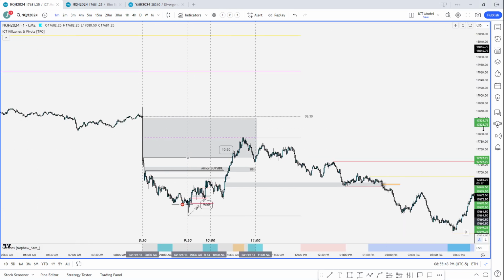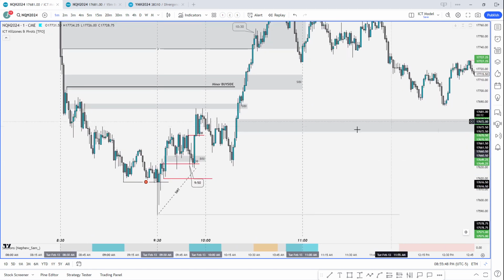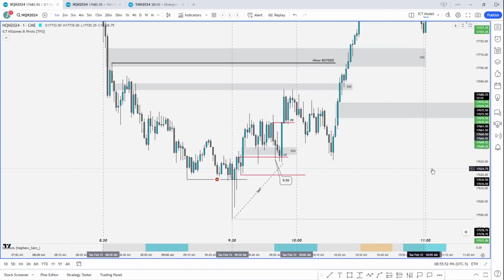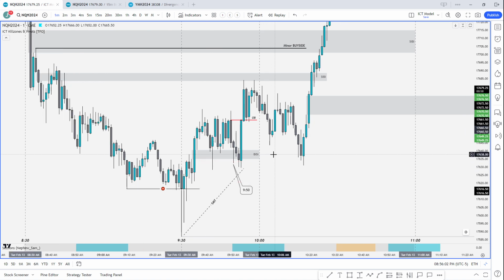But anyways, using order blocks in tandem with fair value gaps is typically my favorite method. Obviously, it doesn't have to be a 1 minute order block. It could be a 5 minute order block and then a 1 minute gap, and then use that. Like if we're looking at the 5 minute here, if I remove some of these annotations, we have a 1 minute gap here. And then if you look at the 5 minute,